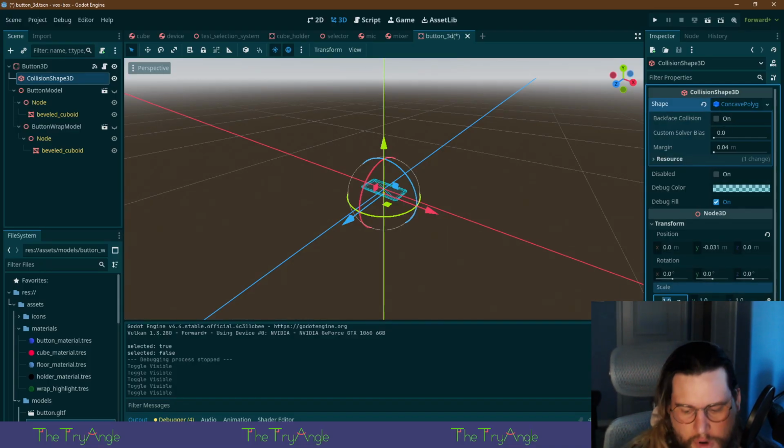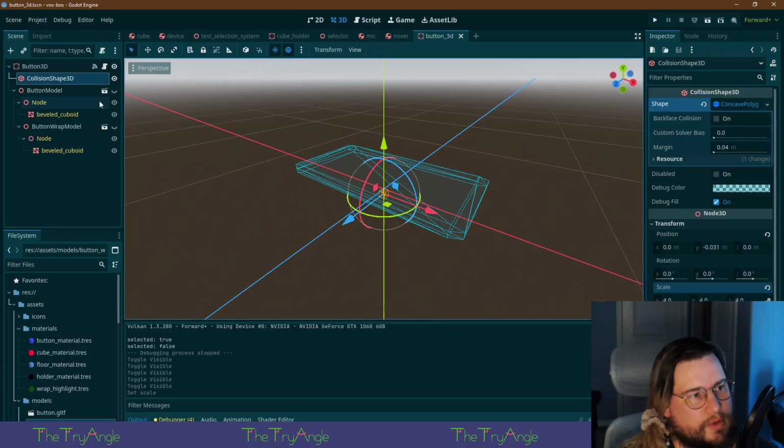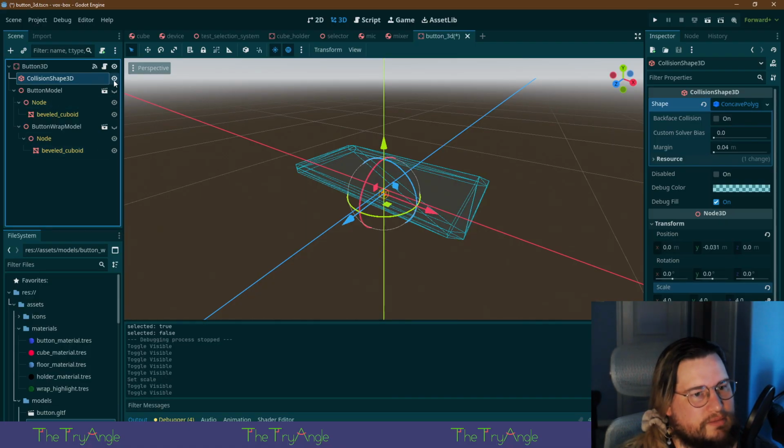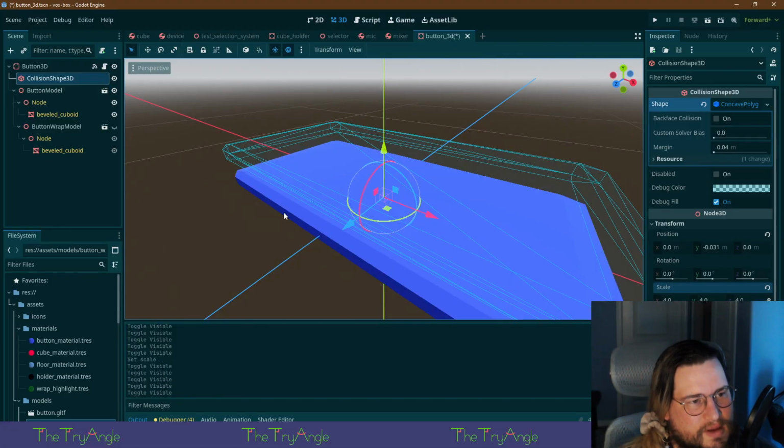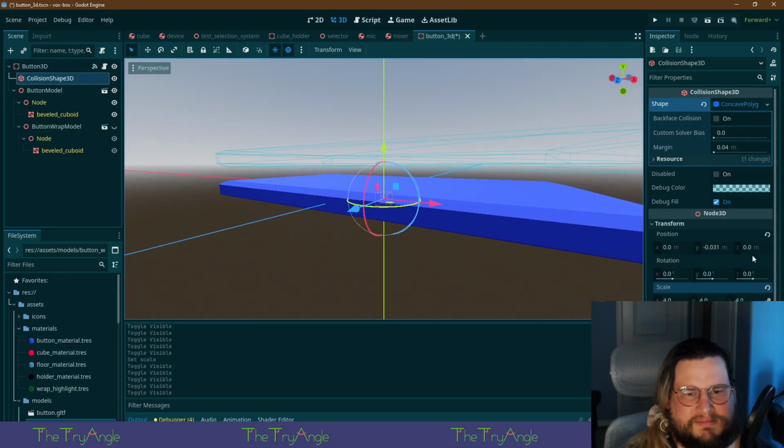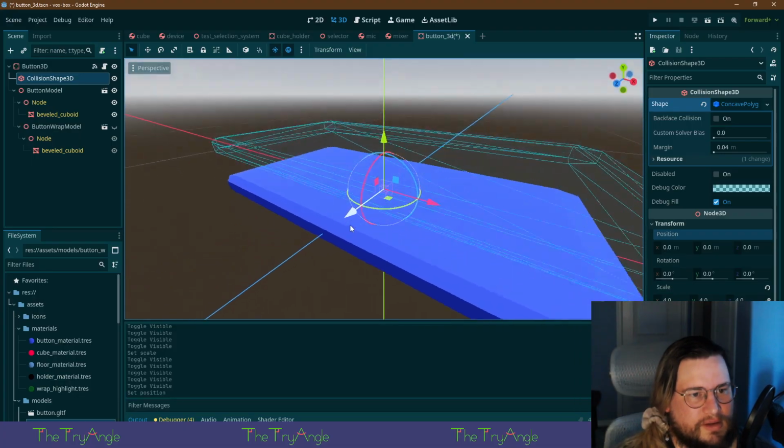It's too small. No wonder it was tiny. I was like, why is it? What are you doing up there?